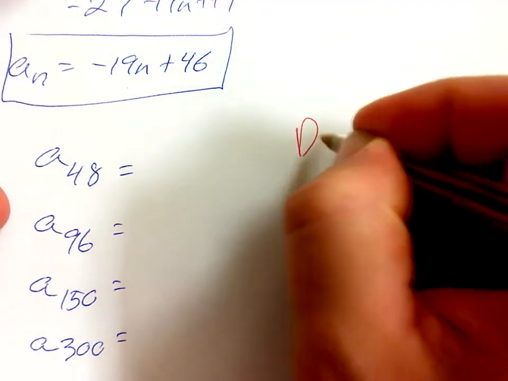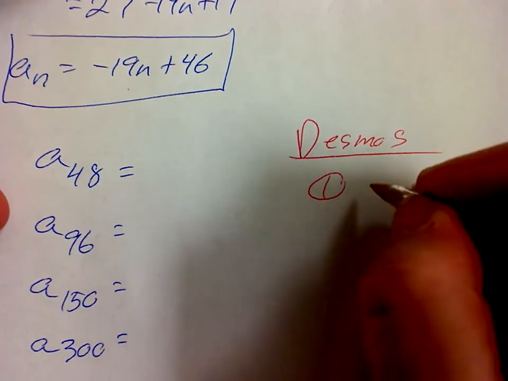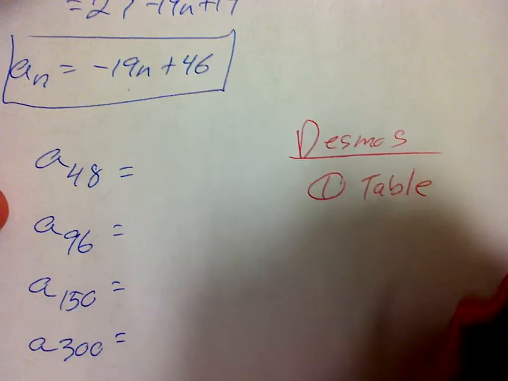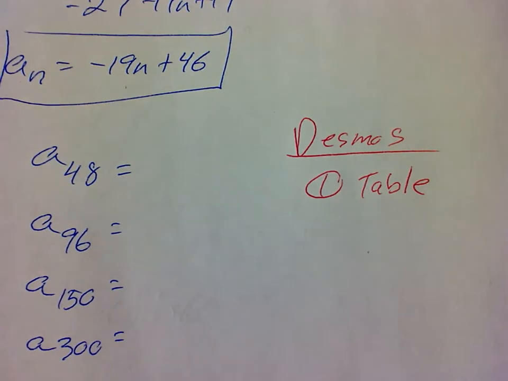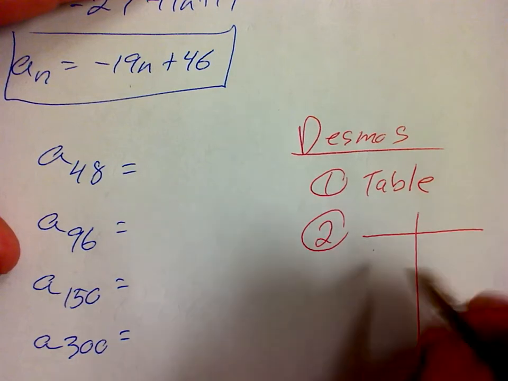So if we're using Desmos here, okay, step 1 is we need a table, okay? Step 1 is we need a table. Step 2, we would need to fill in our table. Now, normally,